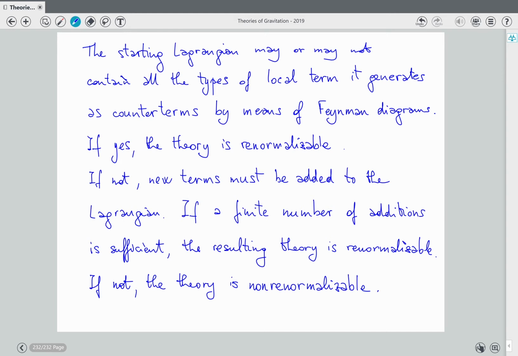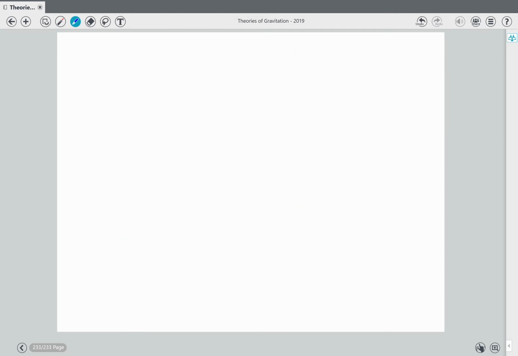So before going to gravity, we see two cases with scalar theories. One is renormalizable, that's phi to the fourth, and it is basically like the standard model. And the other one is not renormalizable, like gravity, and that's phi to the sixth. It is sufficient to change the power in the potential, and you get